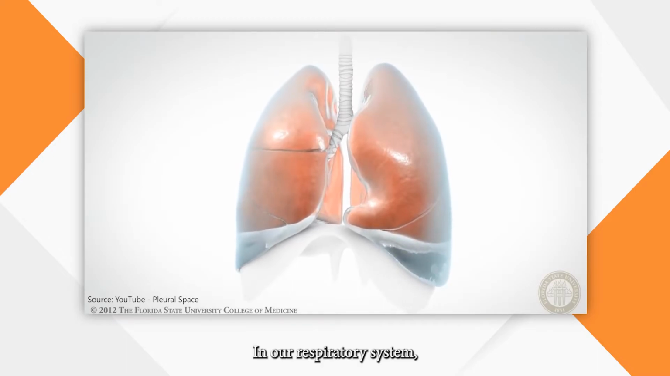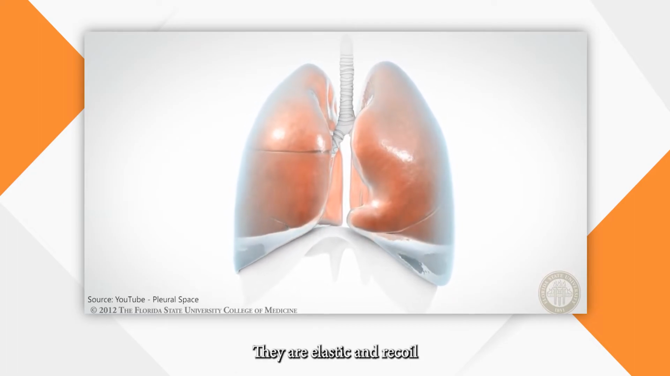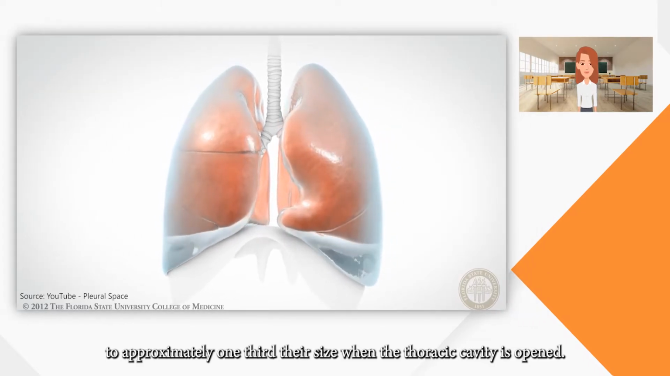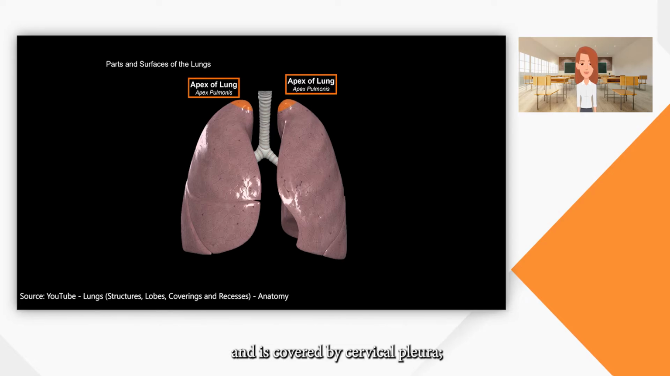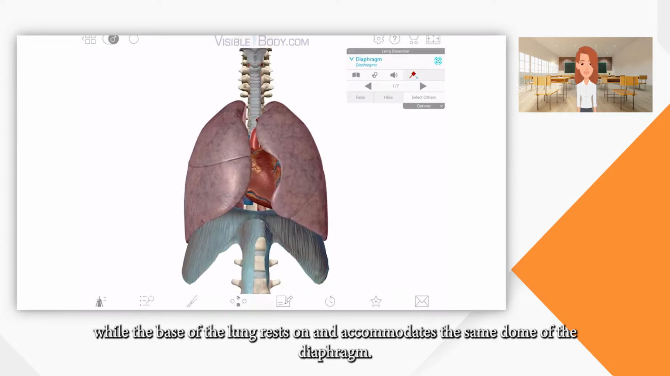In our respiratory system, the lungs are organs of respiration that oxygenate the blood. They are elastic and recoil to approximately one-third their size when the thoracic cavity is opened. The apex of the lung ascends above the level of the first rib into the root of the neck and is covered by cervical pleura, while the base of the lung rests on and accommodates the same dome of the